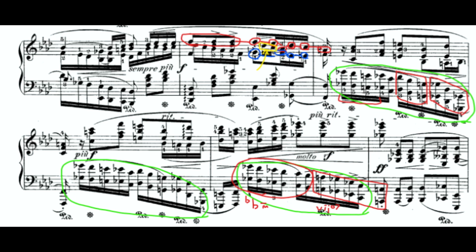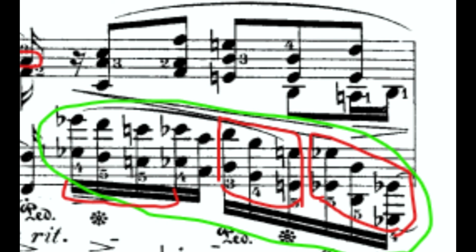You probably have a hard time reading this, but I divided it into three parts. Let's take a look at the first green circle. The first five notes are a chromatic scale starting from G flat to E flat and then C,